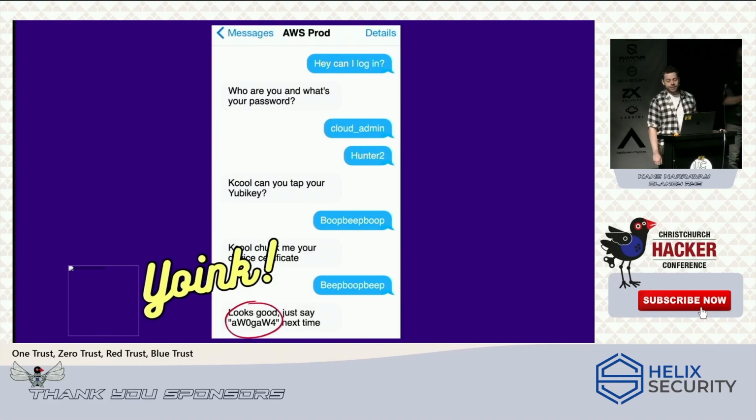A solid EDR solution and detection and response team goes a ways to increasing the difficulty of this. But as a defender, you need to versed yourself with the common methods of token theft and protect against them. As a general rule of thumb, any non-standard accesses to places where tokens are stored, particularly for browsers, is pretty sus.